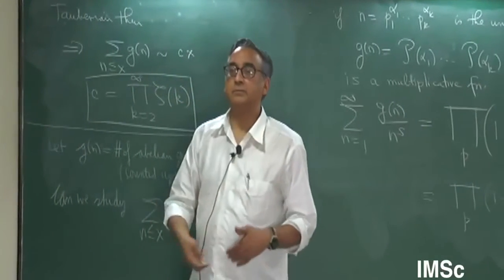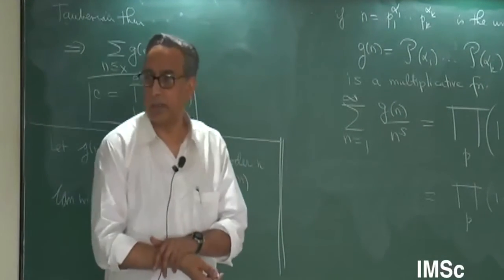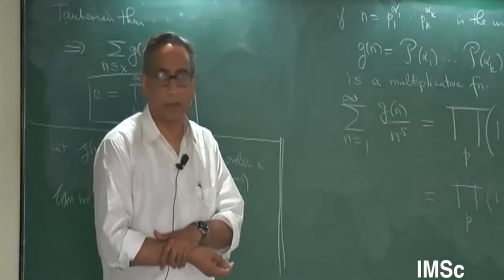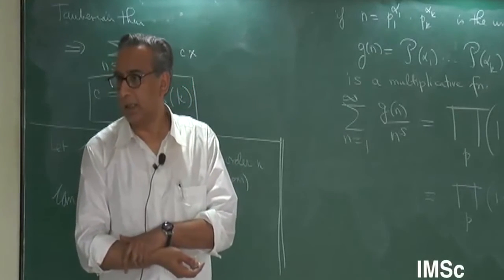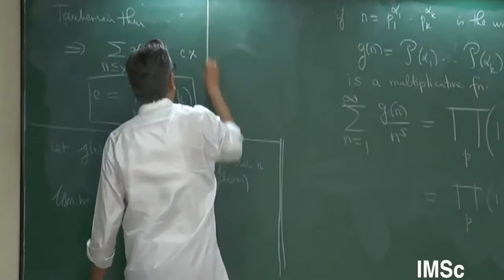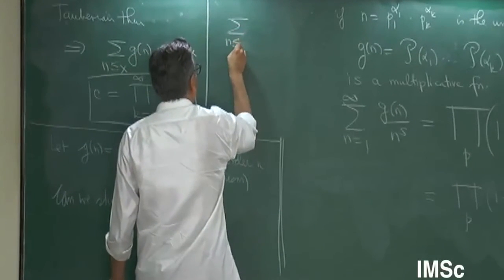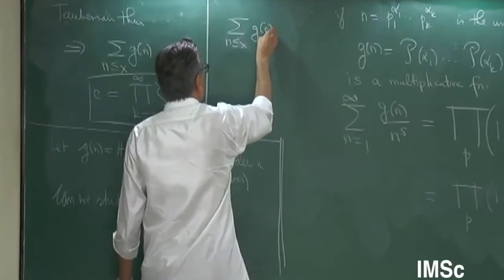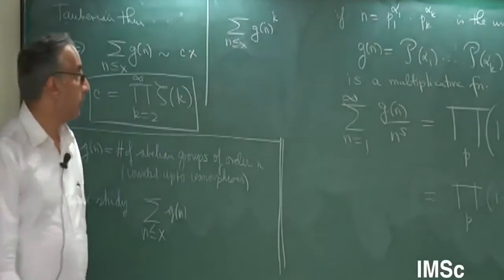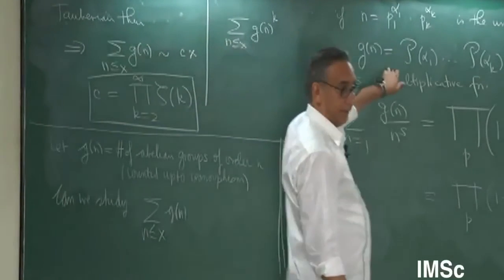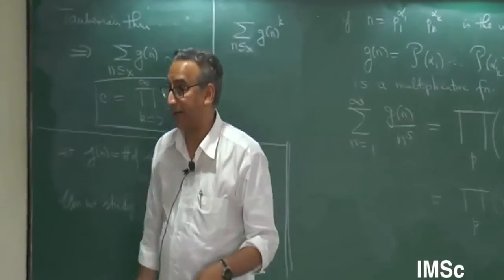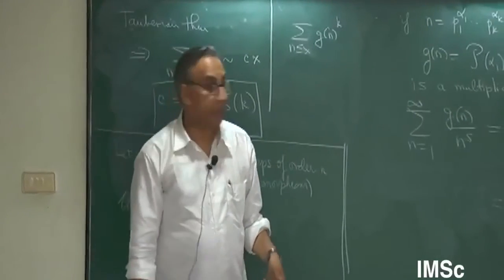But sometimes when you're given a sequence of numbers, one of the ways of studying equidistribution style properties is looking at the moments of the function. So we may want to study the summation over n less than x of g of n to the power k. You may want to study moments like that. Okay? So now that I know what g of n looks like, since g of n is a multiplicative function, so is any kth power of it. And so you can now write down,